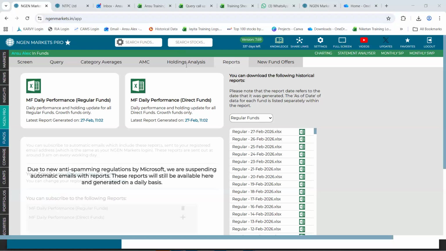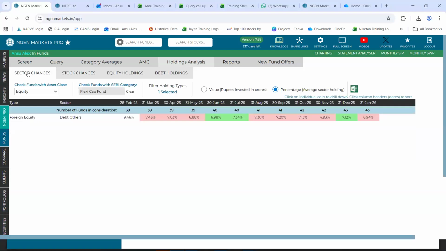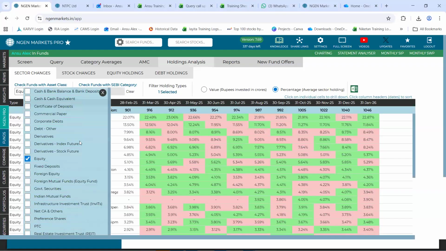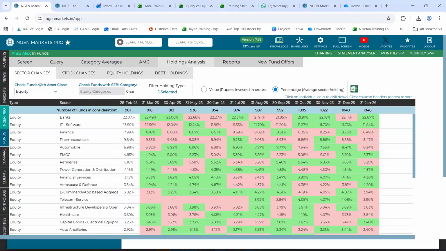All right, so there's a question in the chat box if we could brief the initial 10-15 minutes that we had covered. So I'll quickly let you know that in the initial stages of the webinar, we just talked about this holding analysis, wherein sector changes lets you know how is the holding of MFs changing into different sectors on a month-on-month basis. So you can select it on an asset class level.